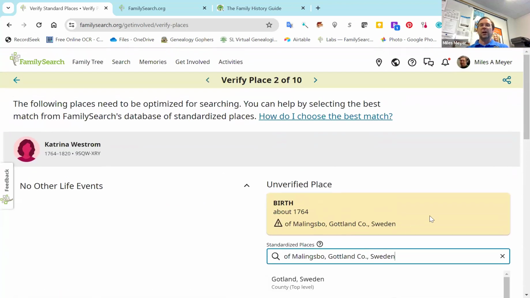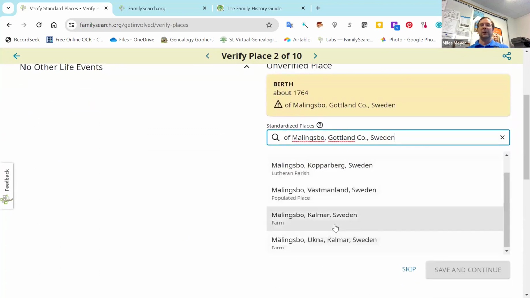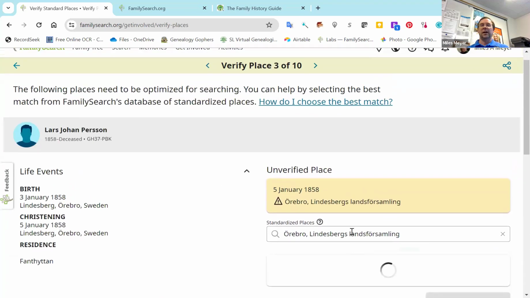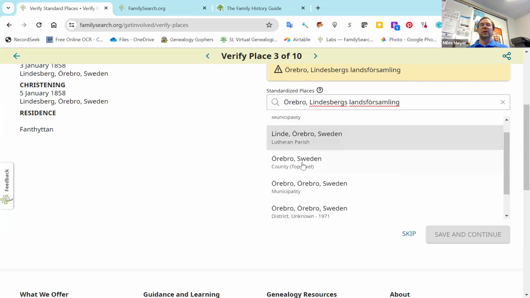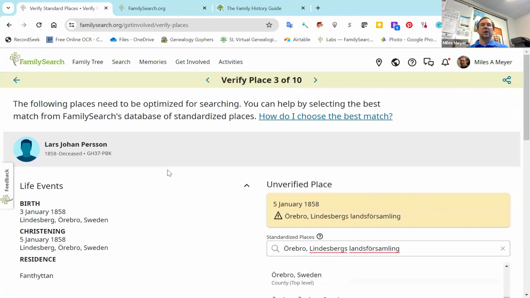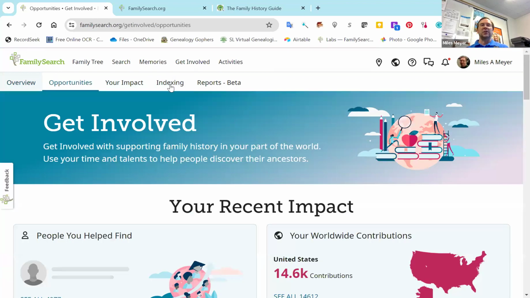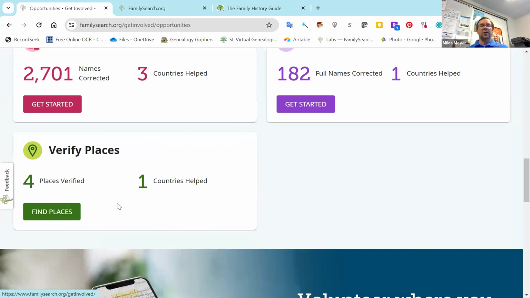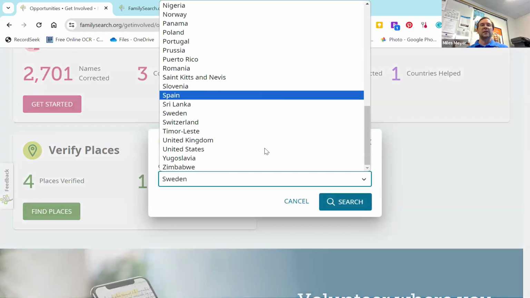Like this one, Mallingsboro, Gotland, Sweden. If I found something that looked similar, I would click on it. Orboro, Lindisberg. If I found it, I could correct it. So this is an opportunity. I do this a lot with Ohio records. If I go to find places and go to United States,